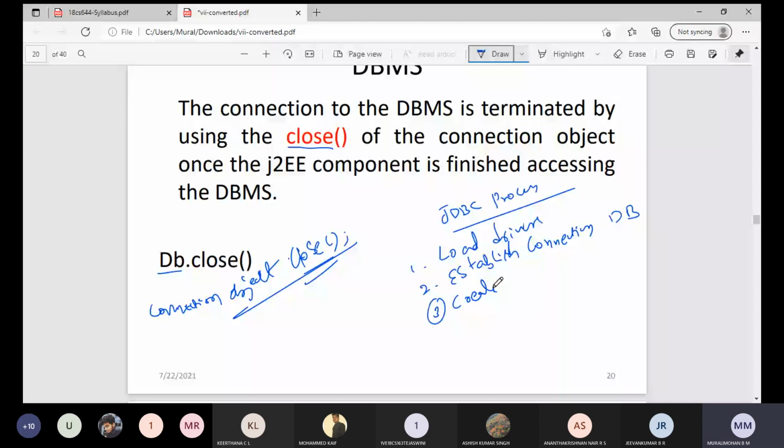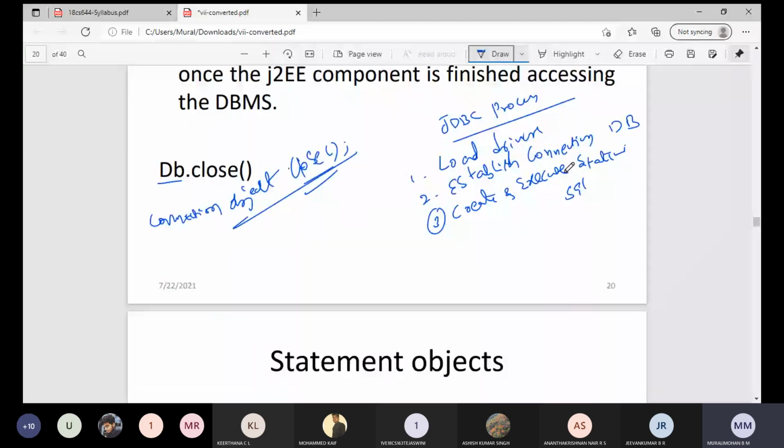Once the SQL query is executed, the data will be placed inside the result set, and the results will come back from the database to our application. Fourth, read and process the results. Finally, close the connection. These are the 5 steps we follow in a JDBC process.